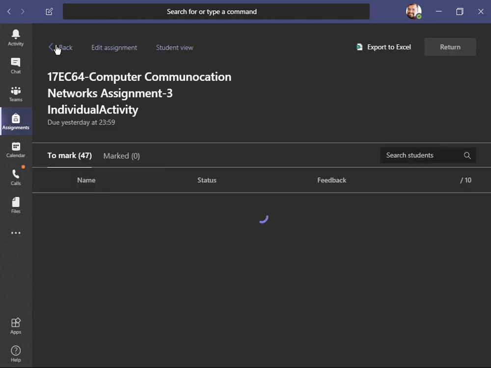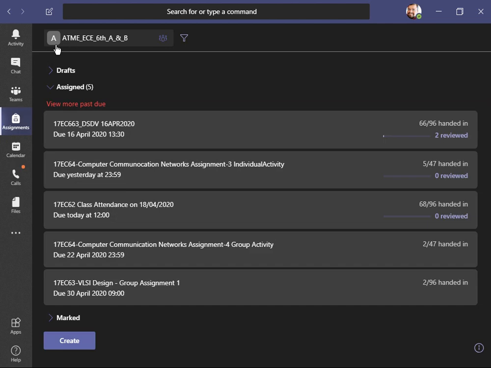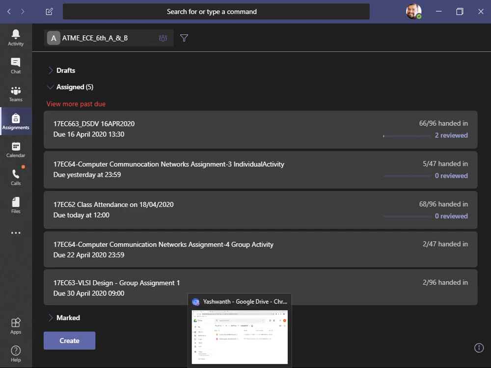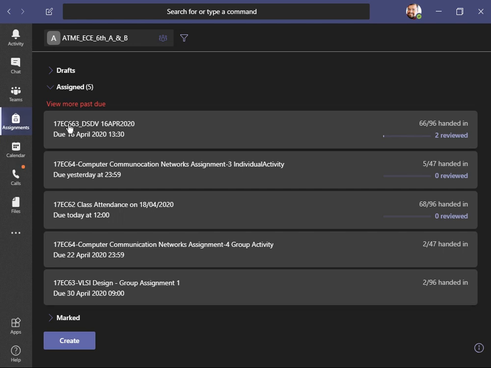So this is about creating and adding assignments and evaluating them. I think we've covered quite a lot of ground with this. Nearly most of the options that we've used have been used here.